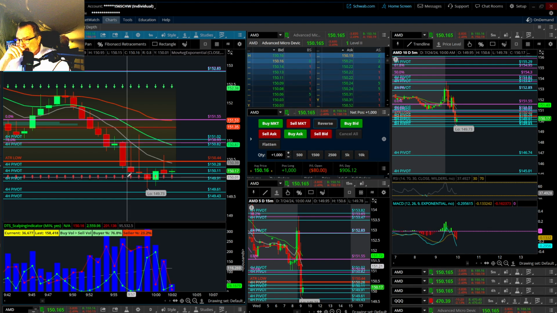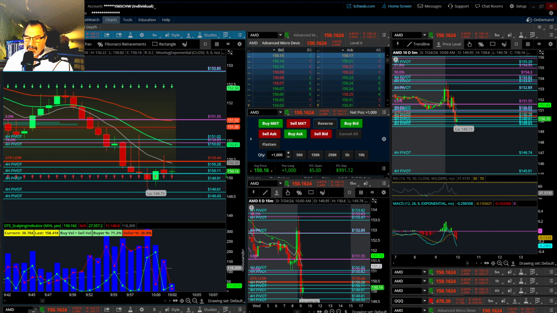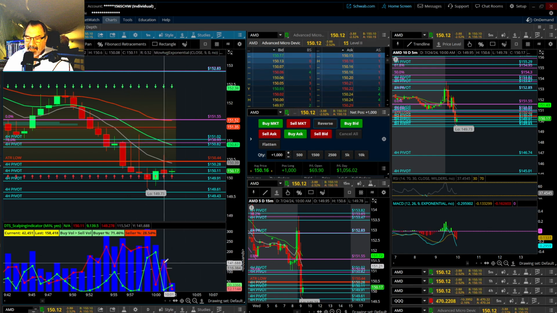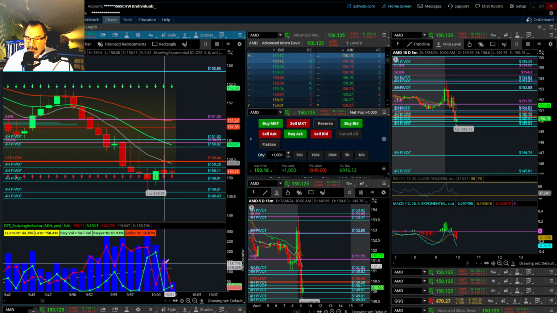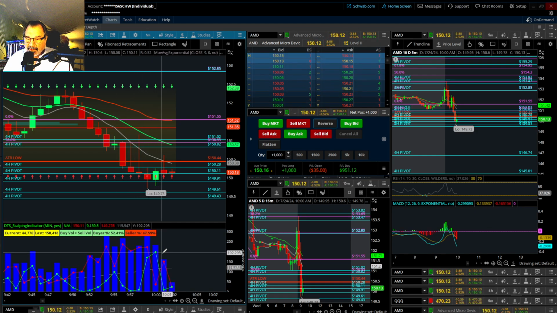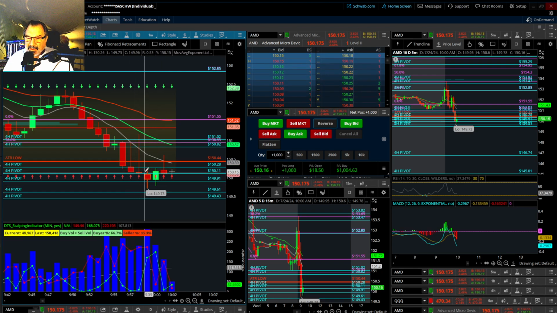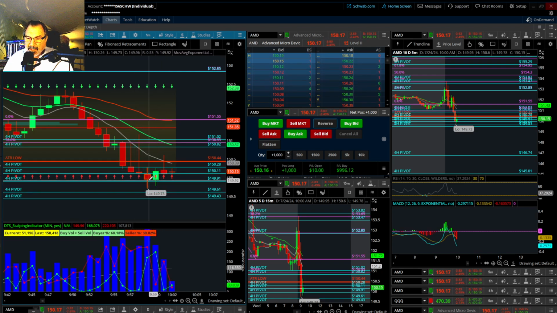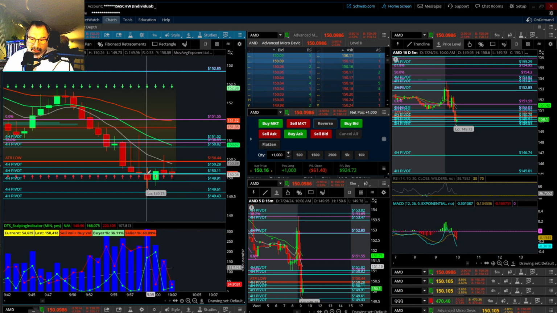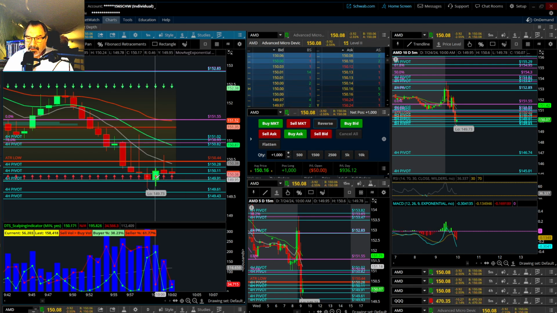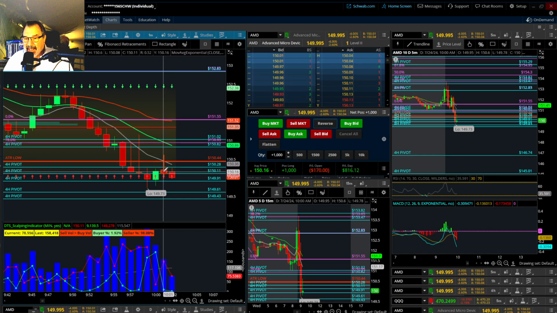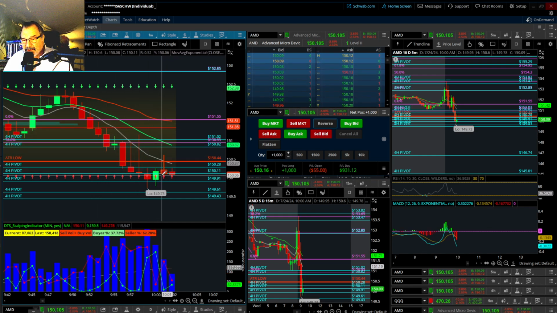So I can play this, and this is one of the things, because look how much lower the volume is on the sellers. It wasn't up here. So lower volume, even though it's at the top. And then these are signs of reversal, right? So this is what people would call a doji or a spinning top. Then we had one green candle. And then at the end, we had an inverted hammer, if you still call that, at the bottom of the trend, which is a sign of a reversal.